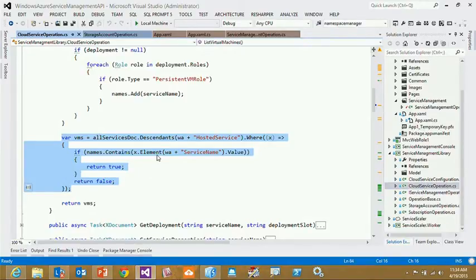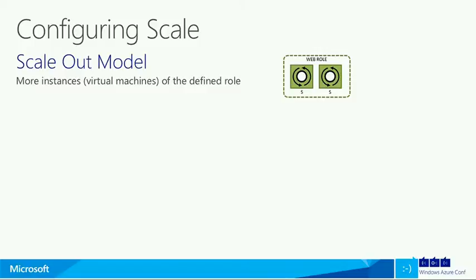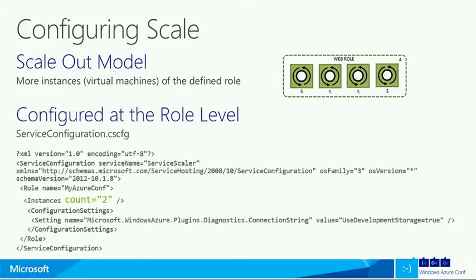It's a little bit kind of convoluted, a lot back and forth, which is why when you want to list cloud or virtual machines in the portal or using this Windows Store application I created, it can take a little bit more time. I want to talk now a little bit about how we scale our solutions. And Windows Azure is a scale-out model, so I need more instances of a particular virtual machine. So I can scale from 2 instances to 3 instances or 4 instances, and all of our scale options are controlled at the role level in the service configuration file. So to scale the number of instances we have, I have to go ahead and get a deployment and get its configuration file,